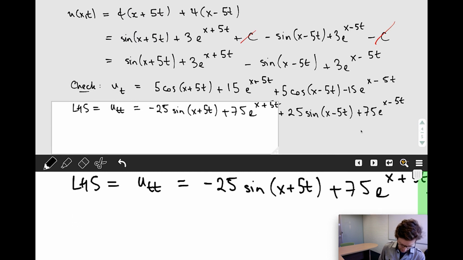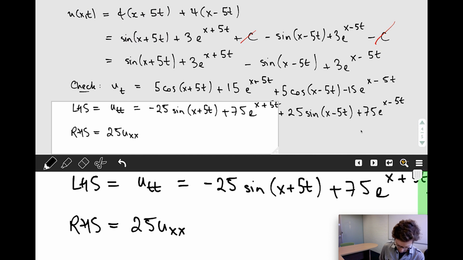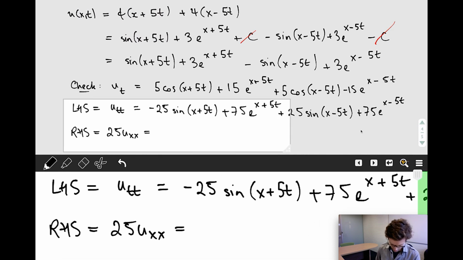The right-hand side is going to be given by 25 times the second derivative with respect to x. So I'm going to do that in one step. You can check that yourself by calculating u partial derivative with respect to x and then another partial derivative. But what you're going to find is that the solution becomes minus